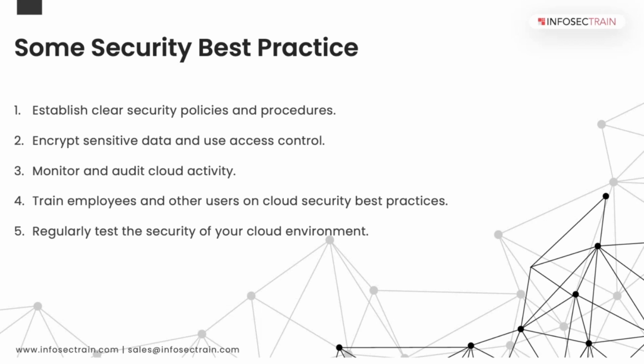So when we are talking about this whole thing, now when we are talking about the set of unique security threats, we were talking about malicious insider, advanced persistent threat, and data leakage, these kinds of things. Now, you apply some best practices: clear security policies and procedures on how anyone should react on a daily basis, like how you can send the data, attach the mails, which data can be sent, which data cannot be sent, giving someone the clear permission, right? Those kinds of things. So security policies and procedures should be in place.